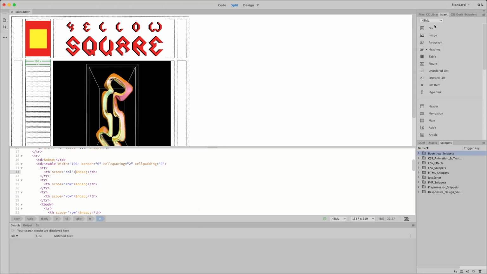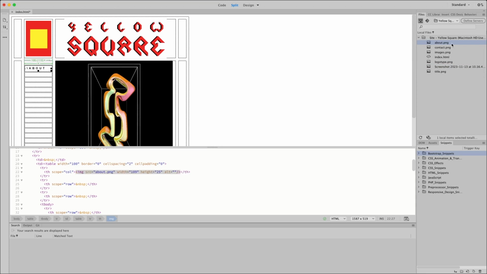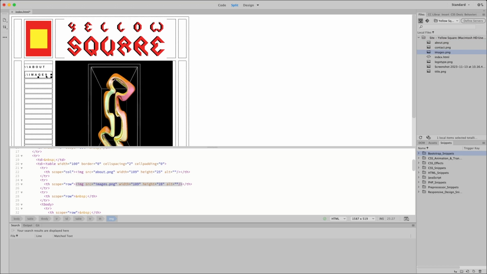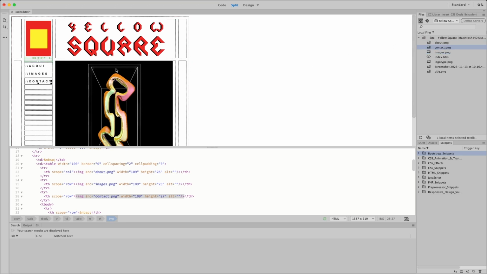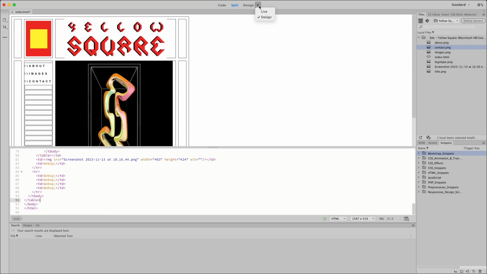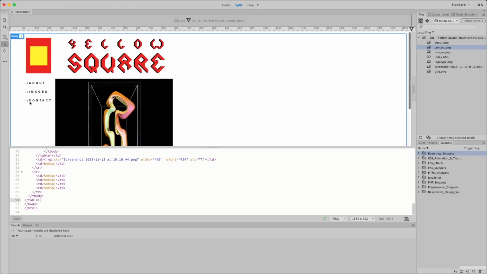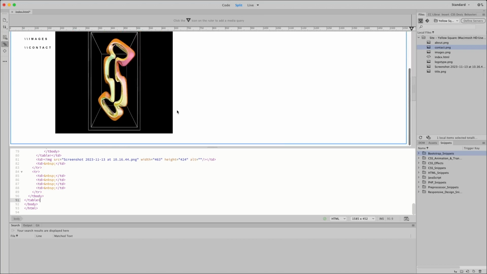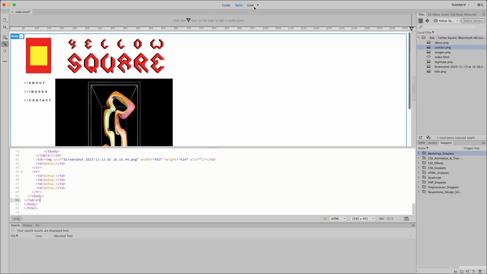Cool. So I'm going to go ahead there to my files. My buttons are there. I'm going to just go ahead and drag it. About. Images. And contact. Look how decent that turned out now. And if I click here on live, there you go. Pretty decent, right? Images, contact, cool. Pretty simple. Okay, right there, wonderful. All right,